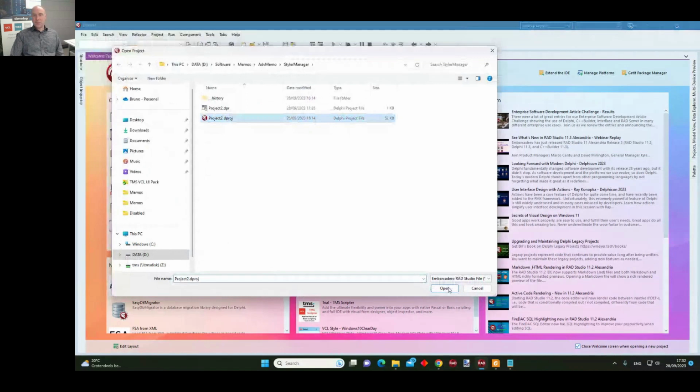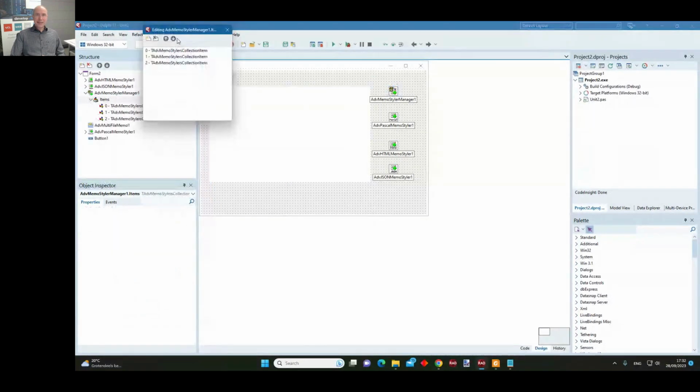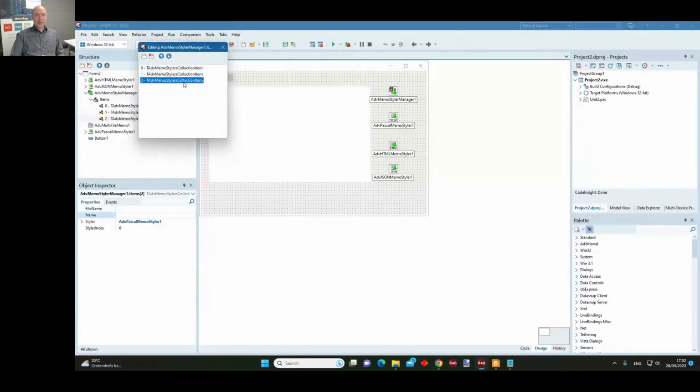So what do we have? We have the ADV multi-file memo, and I have a styler manager. And you can see in my styler manager, I have references to 3, in this case, syntax stylers. I have the HTML one, the JSON one, and also the Pascal one.